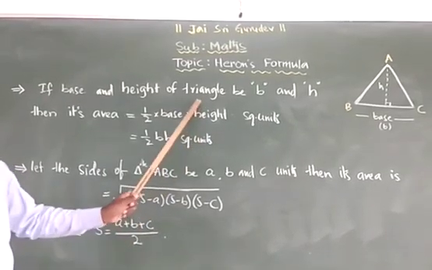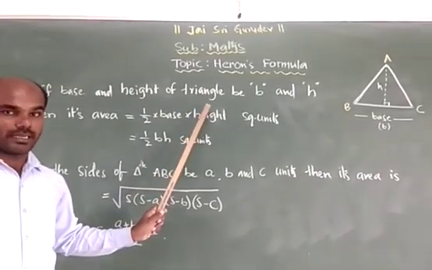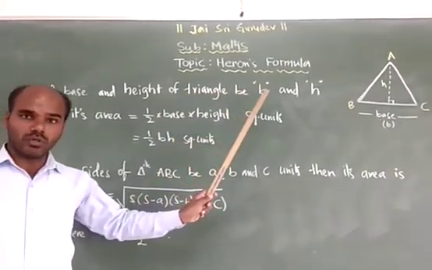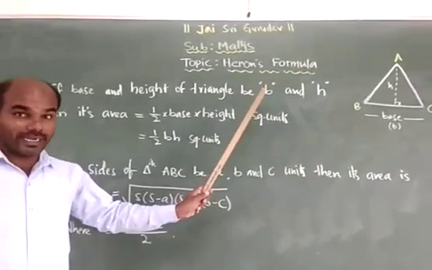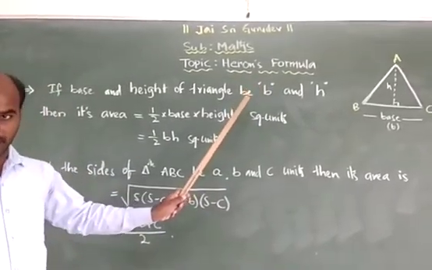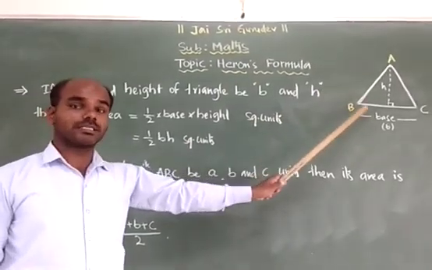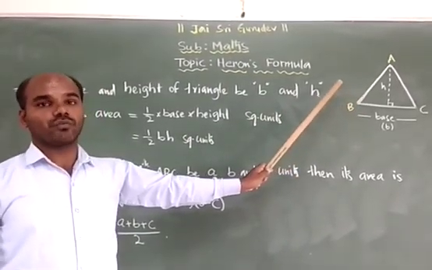We know this formula from the earlier classes, from lower classes up to 8th class, to find the area of the triangle. But if only the sides of the triangle are given,